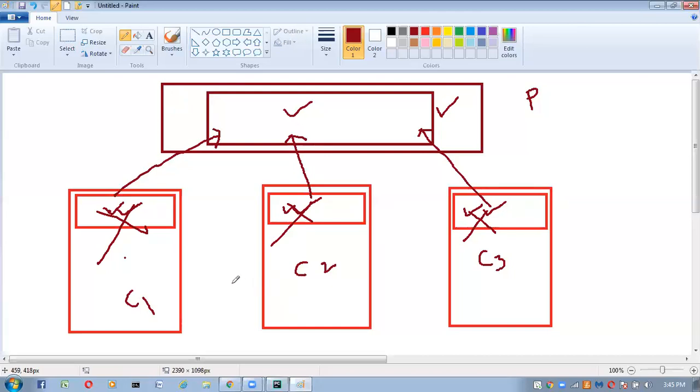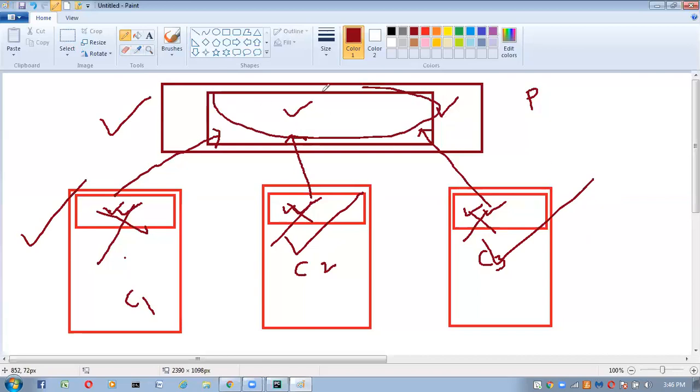Here we are using templates. This is one HTML file, this is one HTML file, this is one HTML file, and this is one HTML file. That means we are using all templates. Now assume this is the common code. This common code will come to child 1, this common code will come to child 2, this code will come to child 3. We are reusing that code in each and every HTML file. That is nothing but template inheritance.